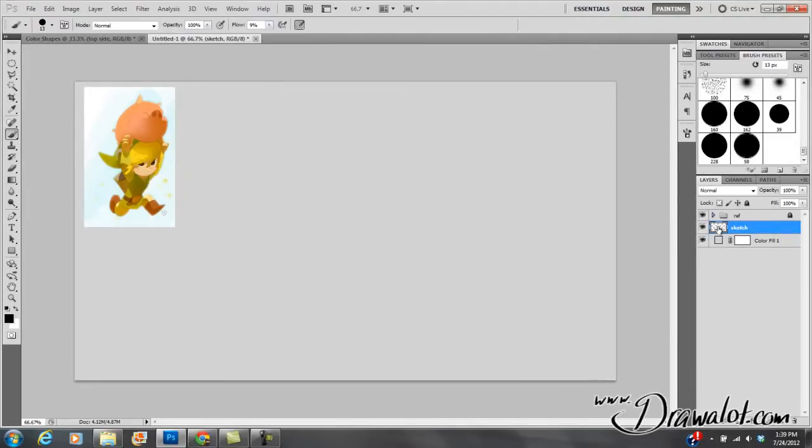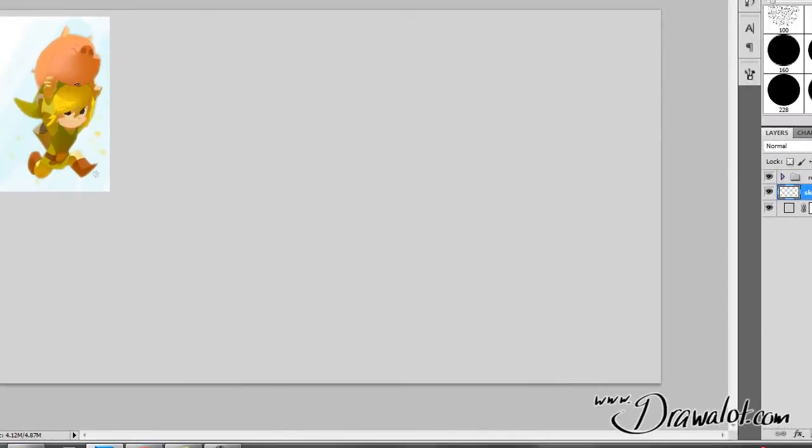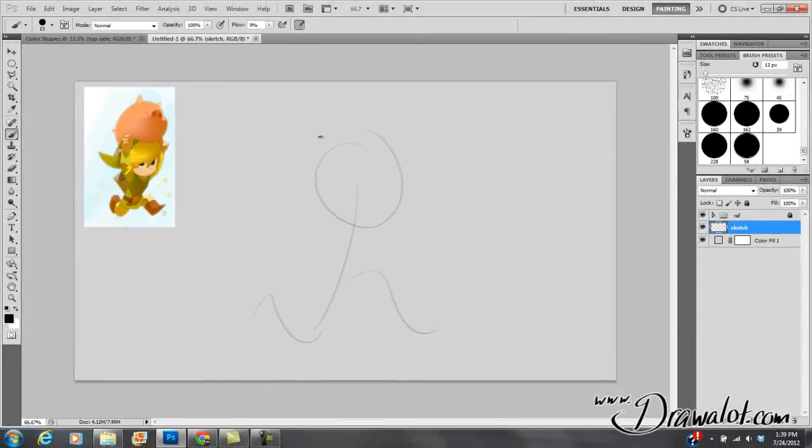So now I've got my pencil. I'm on the sketch layer, and I'm going to just basically rough out this guy. Okay, so basically I'm going to draw like this. Okay, so here's his head. Here's his body, here's his bottom leg, here's his top leg, here's his arms, here's one